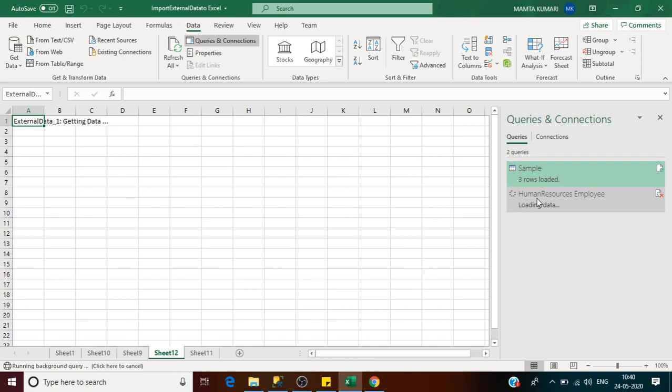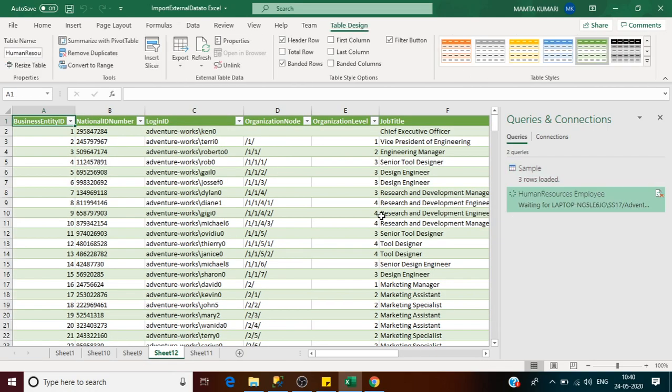It will take some time because the data in the table is huge. Let's wait for a couple of seconds. Here we go. So we got all the data.